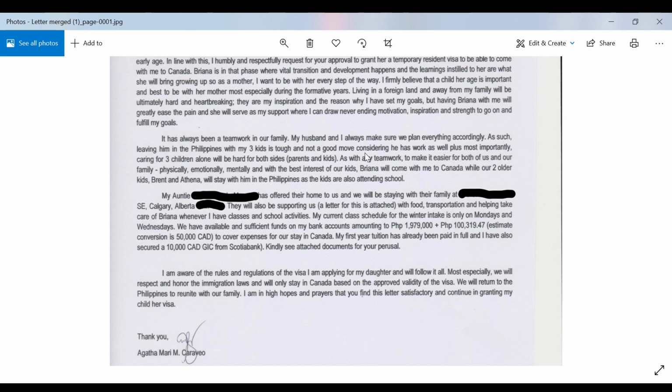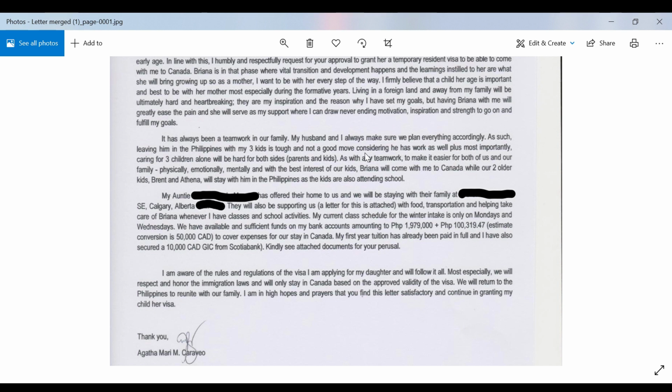So that is the actual letter of intent that I submitted for Gavin. And of course, I have attached, as we have mentioned in this letter, there is also a letter of support from my auntie because they did serve as a sponsor for this application. So I hope this letter has helped you dig into what the most important factors are when you also create your letter of explanation if you are going to apply for your dependent child.